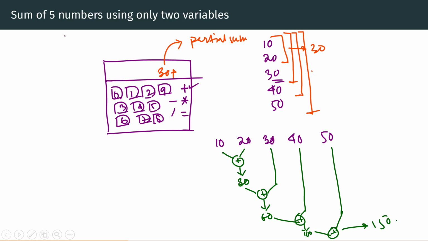Now keeping this in mind, let us rewrite the previous program in which we calculate the sum of five numbers, but now using just two variables. How would we do that? The first thing we need is a variable that stores the running count of the result, the partial sum. So 30, 60, 100, these are all the partial sums. We need a variable that stores the partial sums, and at the end of the program, it will store the final result, the final sum. Initially the partial sum is 0. So I'll say total